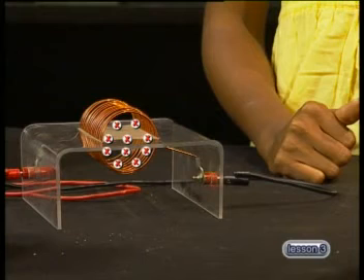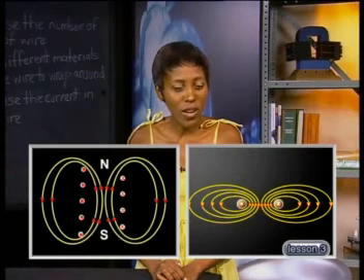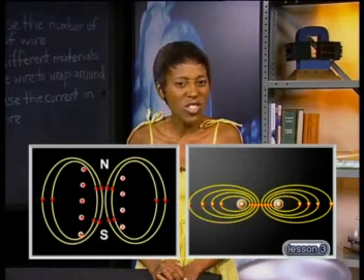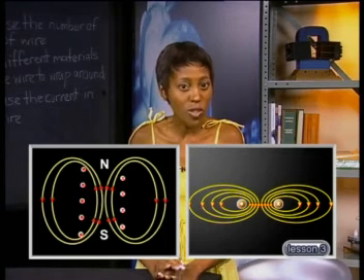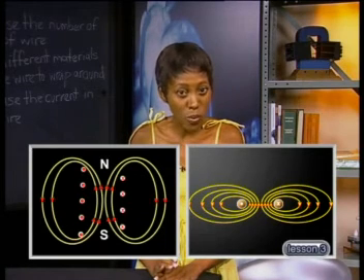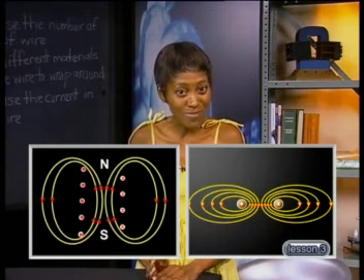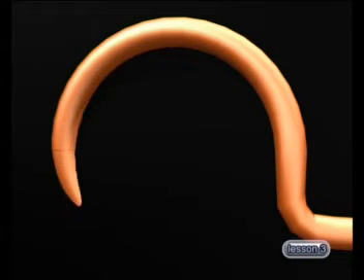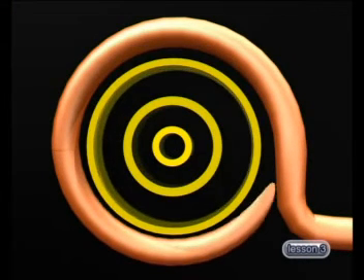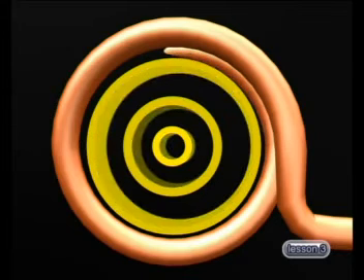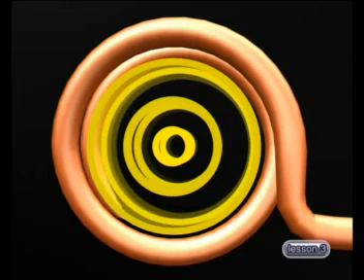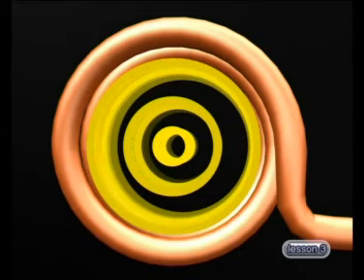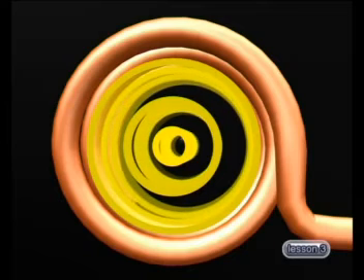Now there is one more factor I want us to investigate. From these two diagrams, there does not seem to be much difference between the magnetic field of a solenoid with a single loop or one with many loops. However, if you take a cross-sectional view through the end of both solenoids, you can see that there are many more field lines passing through the cross-sectional area in the solenoid with many loops than there are when there is